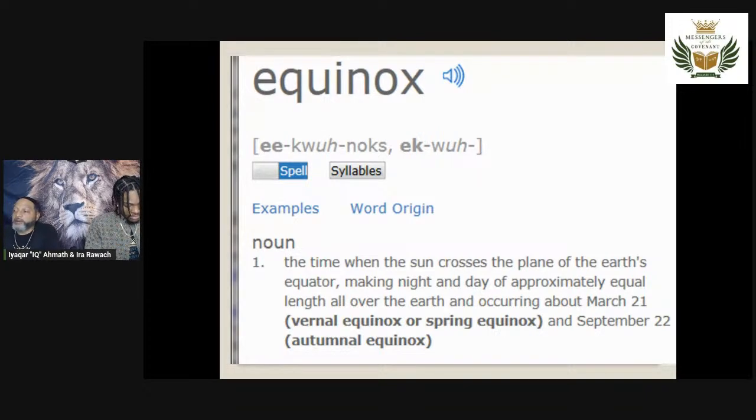Job 38. Let's read 24 down to 27. The book of Job, chapter 38, verse 24. By what way is the light parted, which scattereth the east wind upon the earth? Who hath divided a water course for the overflowing waters, or a way for the lightning of thunder, to cause it to rain on the earth, where no man is, on the wilderness wherein there is no man. So we're talking about how the Most High establishes rain, how he replenishes the earth, showing his power and his glory, right? Continue on. To satisfy the desolate and waste ground, and to cause the bud of the tender herb